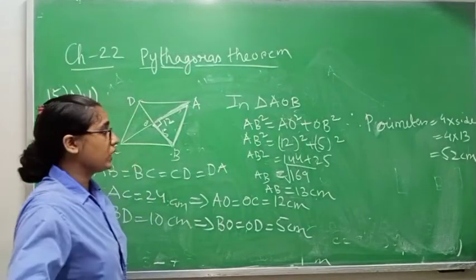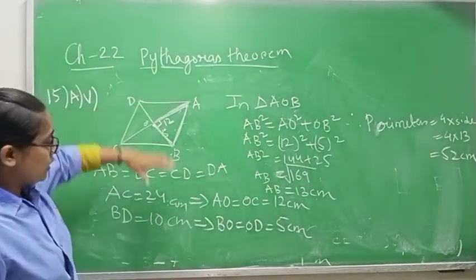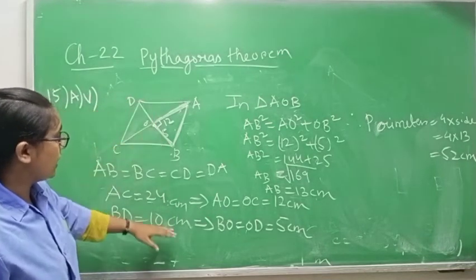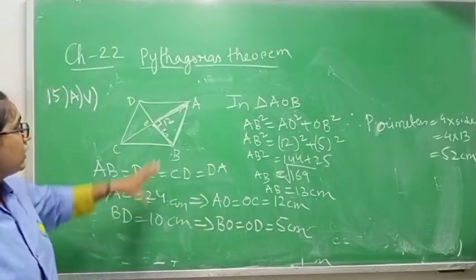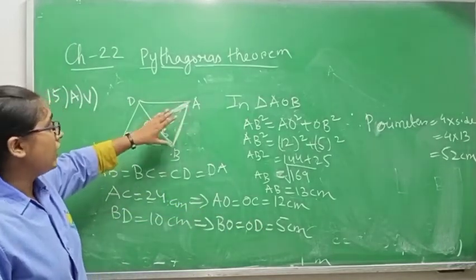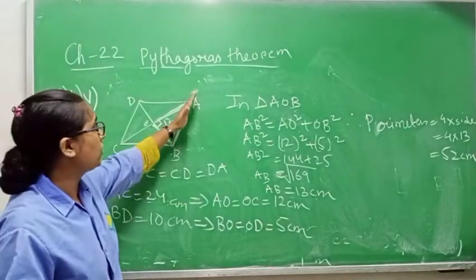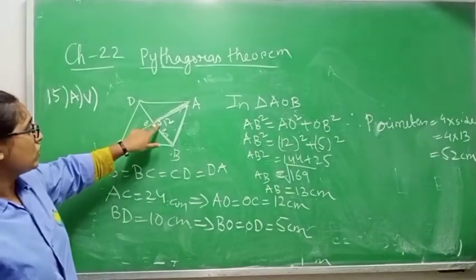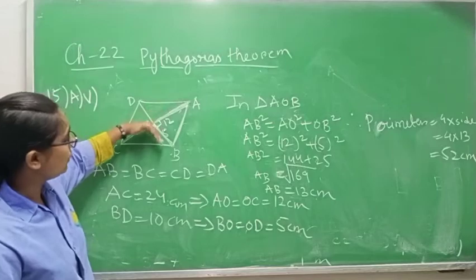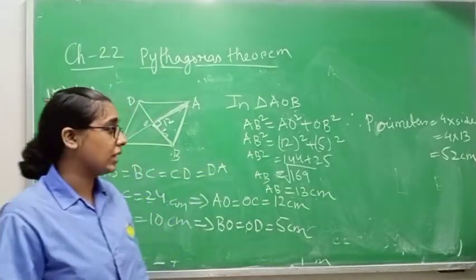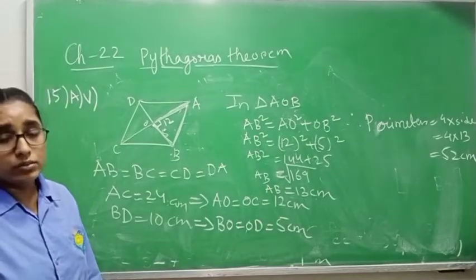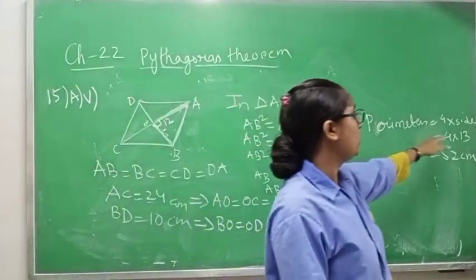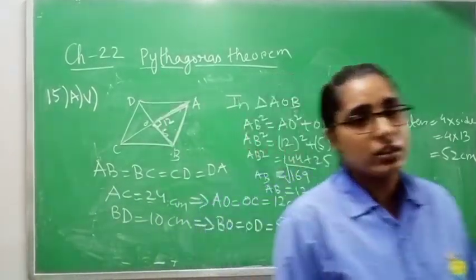Understood this one? Okay, what I am doing? First I am dividing the diagonal, so I am getting AO 12, OC 12. Again I am dividing BD diagonal, I am getting OB and OD 5 centimeter. Then taking any one triangle, I am applying Pythagoras theorem and I am finding one side, because this side is hypotenuse. Why? Because the diagonals of a rhombus always bisect at 90 degree. So this one is 90 degree, means this perpendicular is 12 and base is 5. Using this one I am finding AB, which is 13 centimeter. And we know that in a rhombus all sides are equal. How many sides here? 1, 2, 3, 4. So perimeter equals 4 into side, it means 52 centimeter. Okay.